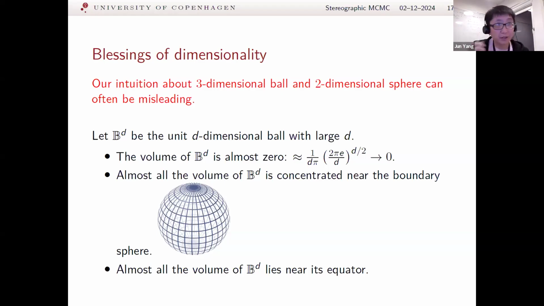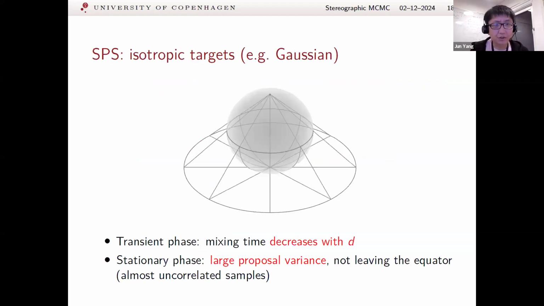So this will be the property I will use later, and I will have a one line proof for this fact. Okay, so now let's look at this performance for SPS and also for this simplest target, Gaussian, but in high dimension. If you remember, at the beginning of the talk, I explained this concentration region for this Gaussian target, concentrated to a shell with a radius roughly square root of d, right? And then you can just imagine in this picture, this circle is that shell with a square root of d